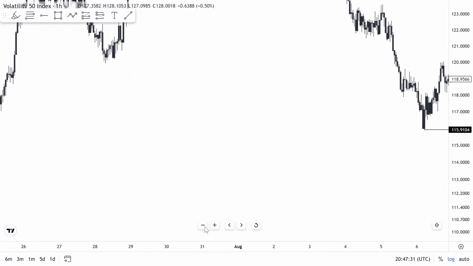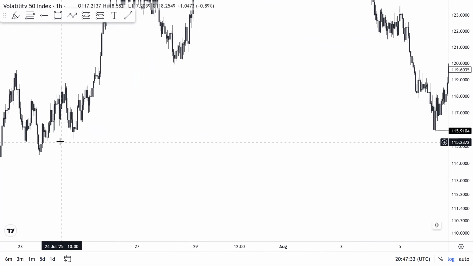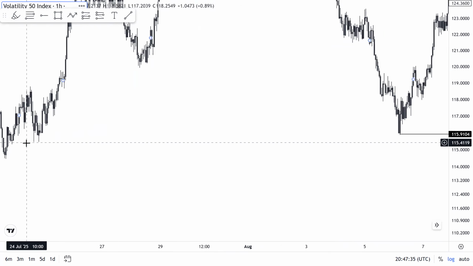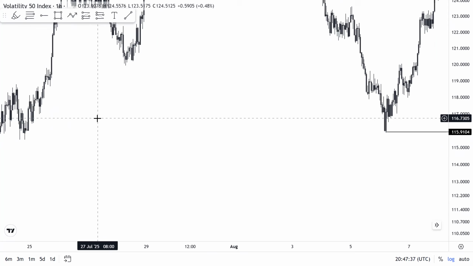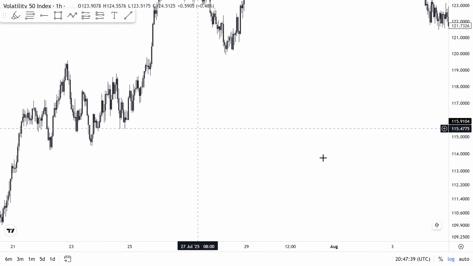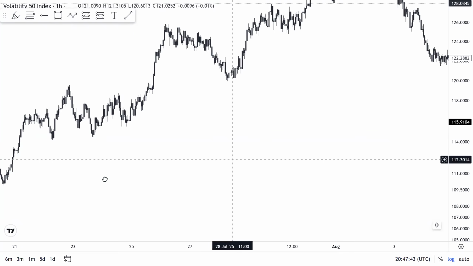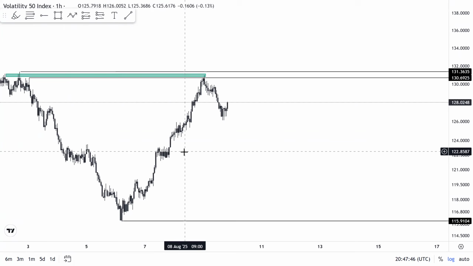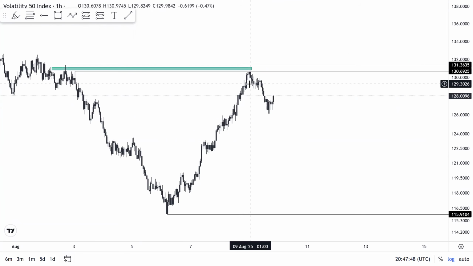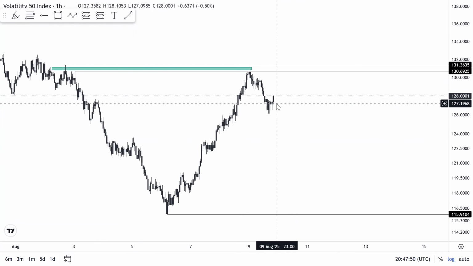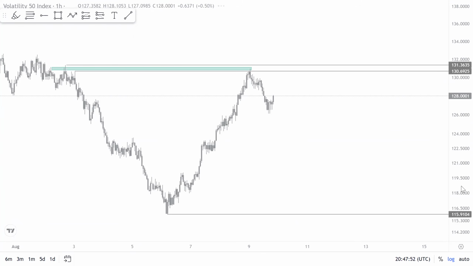Let's check. You can see that there's no valid structure that is making price buy from this low. Now there's no valid structure that price is buying from, meaning that this is invalid. So now let's check down the lower time frame to see if we have a re-entry for this trade setup. We have about a minute left.